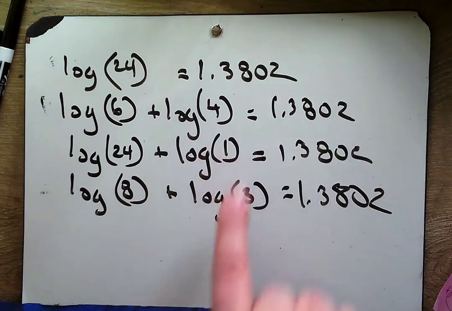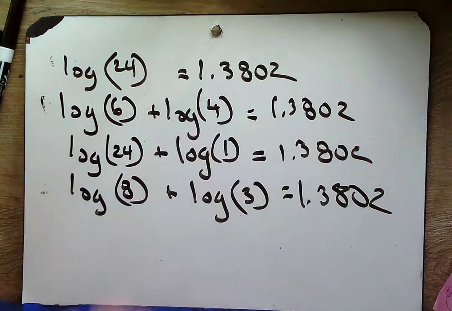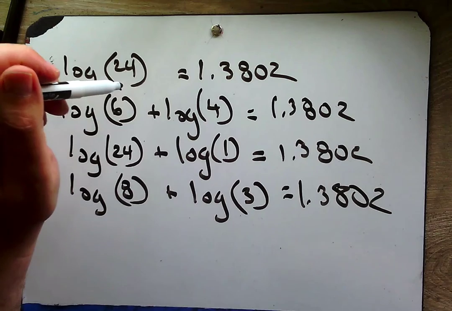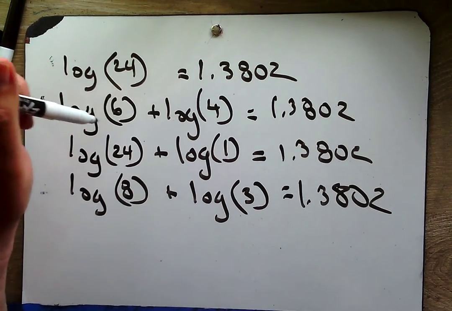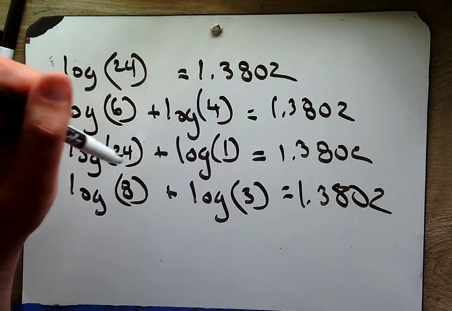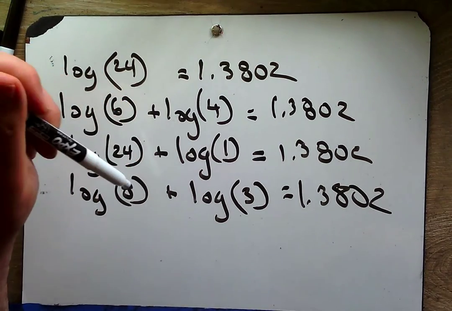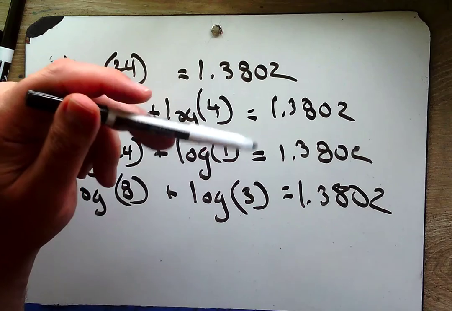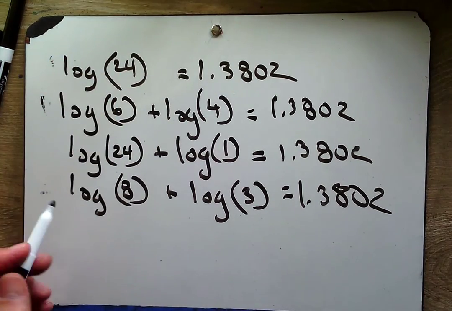So all of these are the same as this. I wonder if there's something I can do with that. You know, 24 seems important here because 6 times 4 is 24, and 24 times 1 is 24, and 8 times 3 is 24. Hey, do you think it works for